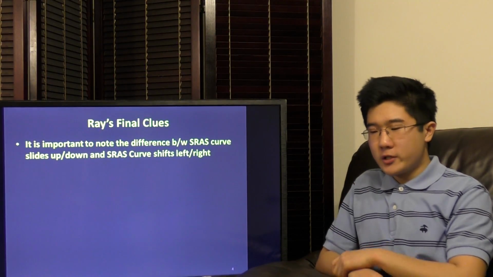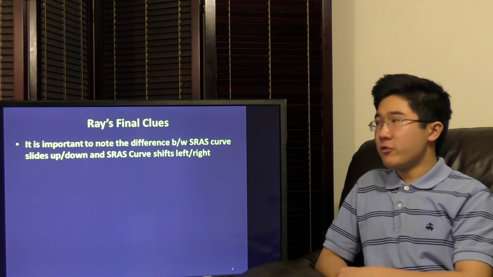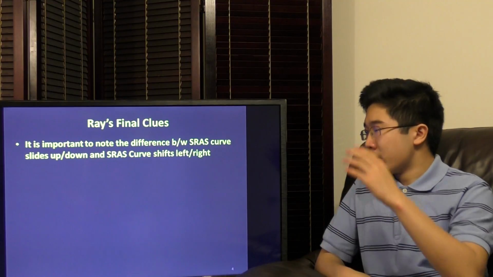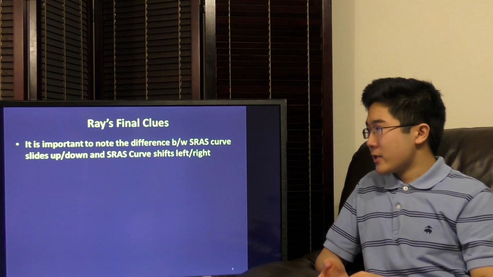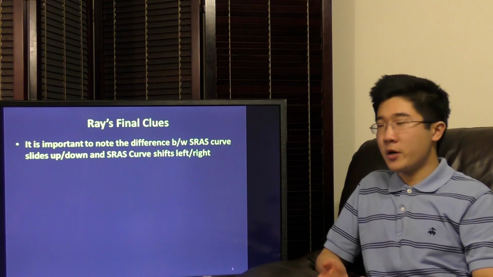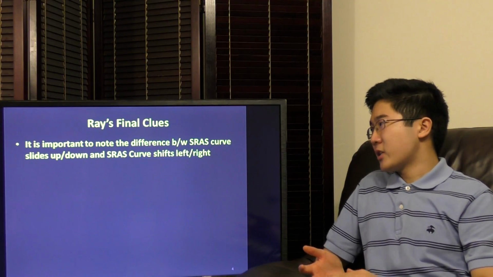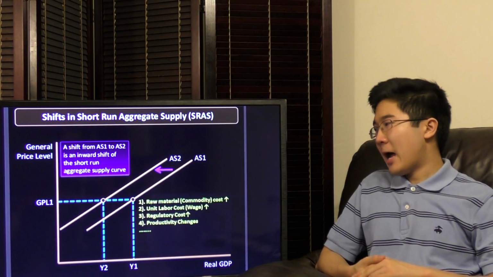So for our final clues, it's just important to note that just like aggregate demand, there's a difference between short-run aggregate supply curve slides up and down and a shift to left and right. The curve sliding up and down along the curve is caused by price level fluctuations for the most part, but the SRAS curve shifting left to right, just like the AD curve shifting left to right, is caused by outside